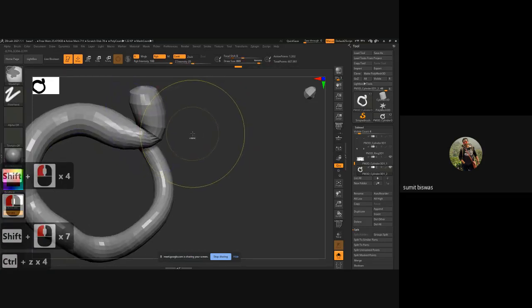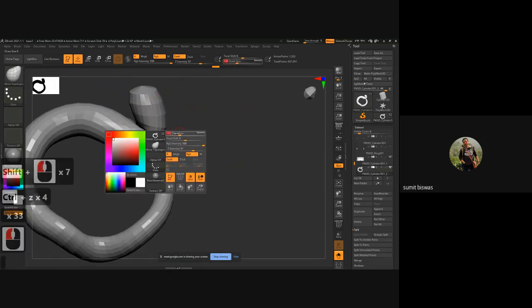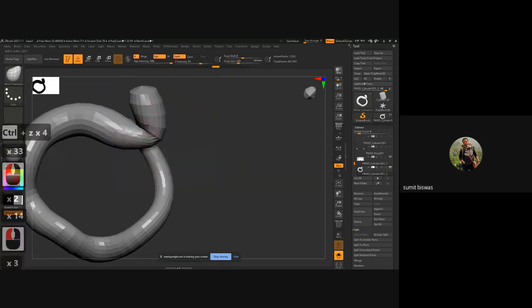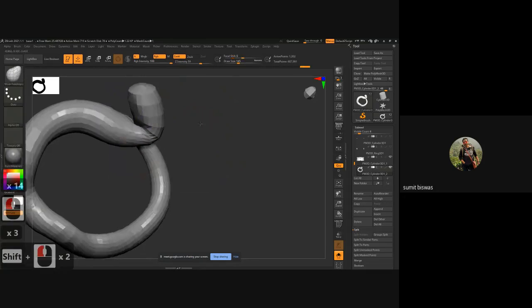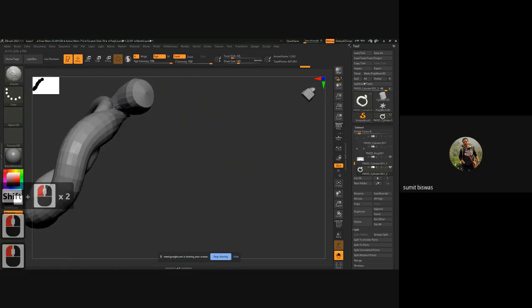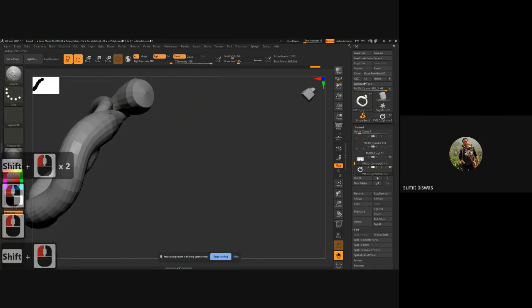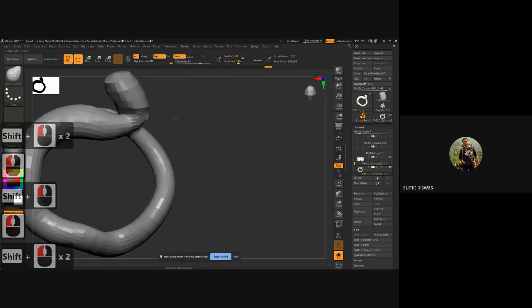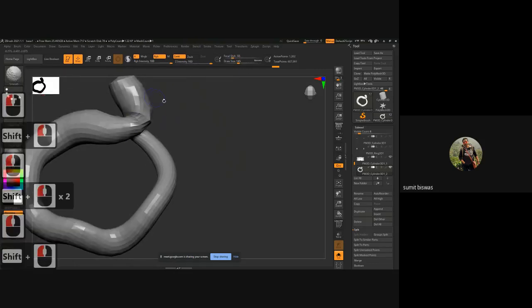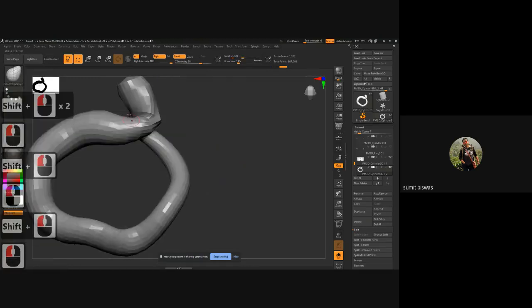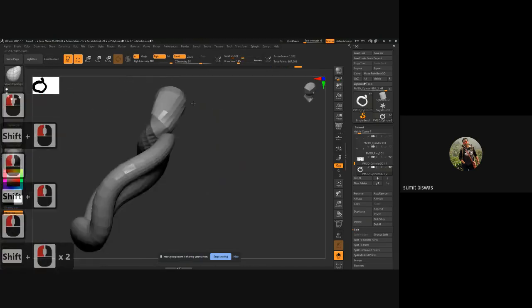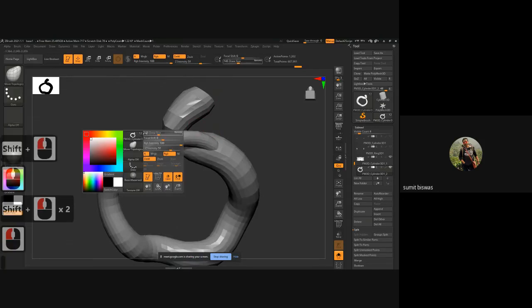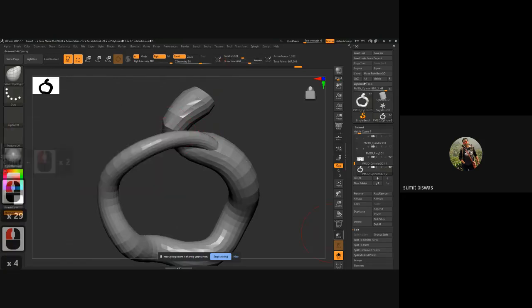The brush is way too big, so reduce the brush size so that it won't affect that much area. So you have to use it smartly. Like if you want a bigger brush, you want more strength, those things you need to identify and understand, and based on that you have to apply all those things. Don't worry about this shape and all. That is something we can control very easily. Now increase the brush shape, transparent. Oh, sorry.